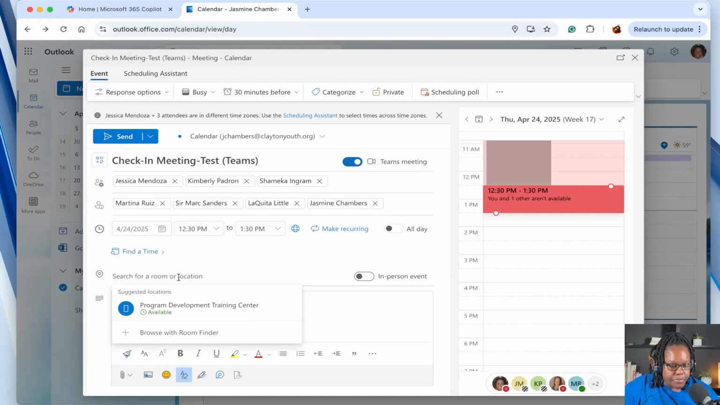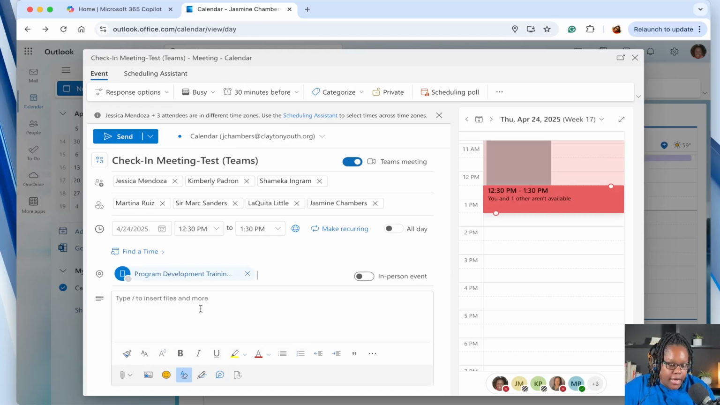I'm jumping back over here. Search for a room or location. Okay, so because this defaults to the company, we have the Program Development Training Center. Okay, so you can click on that if that's where you want to have the meeting. If it's in person, you can click here, in-person event, take this off of Teams. And so then again, you'll see in parentheses that it has in person for those. So where I'm putting parentheses, if it's an in-person event, it'll automatically do that for you if you click this on. If you happen to forget, again, I would suggest putting it in parentheses